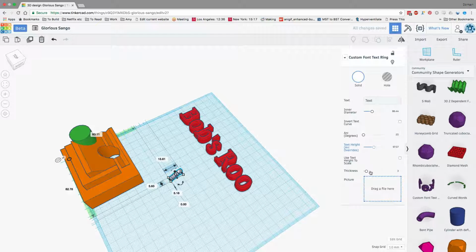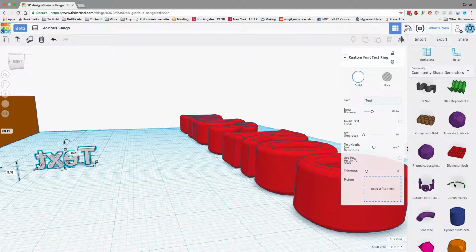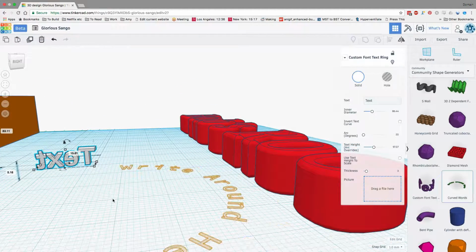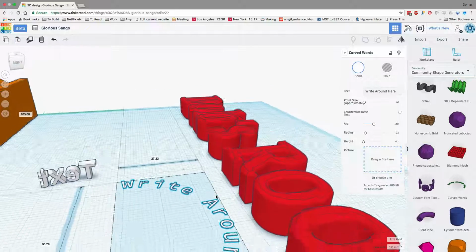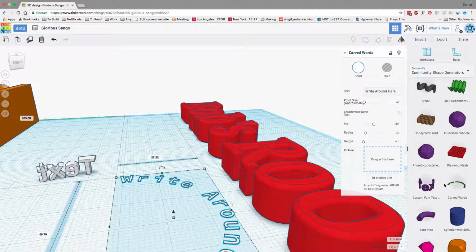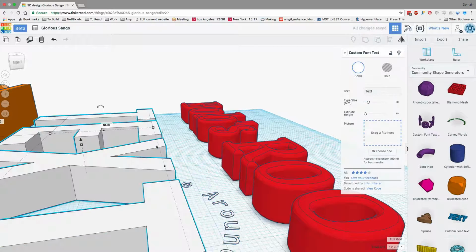So that's powerful. And then there's curved words here, which is curved the other way. So it allows you to do text around. And then we've got custom font text, which I'm starting to lose space here a bit, but